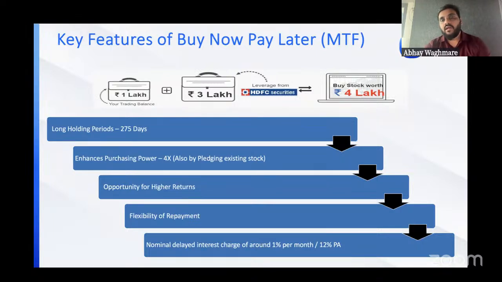If you see in today's era, in the investment and trading journey, people say that 15-20% profit is a very good thing. But yes, with the help of MTF, you can increase that. You can use this. Nominal interest charge of around 1%. As I said, flexibility of repayment. Why flexibility of repayment? Because the interest here is charged on a daily basis. If you square off your position in the next 10 days, we won't be charging you interest for the entire month, that is 1%, 3,000. No. 3,000 के हिसाब से 10 दिन का जो पैसा बनता है आपका, that comes to around